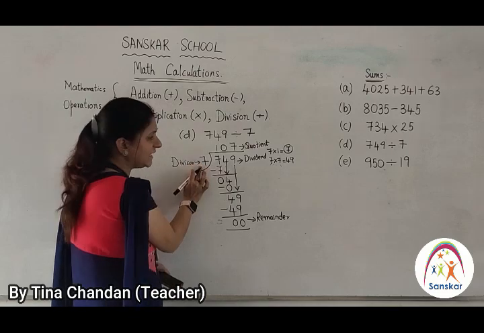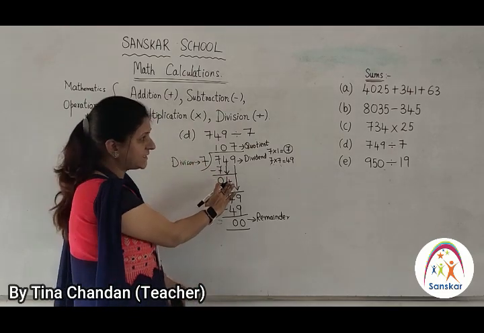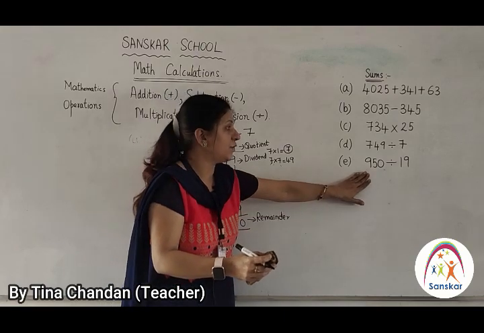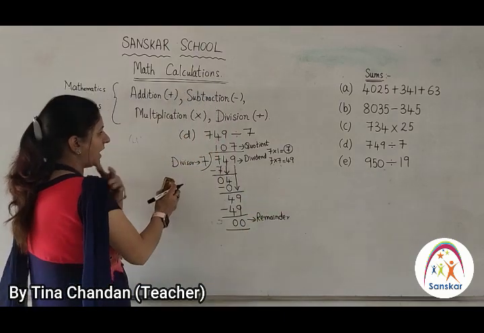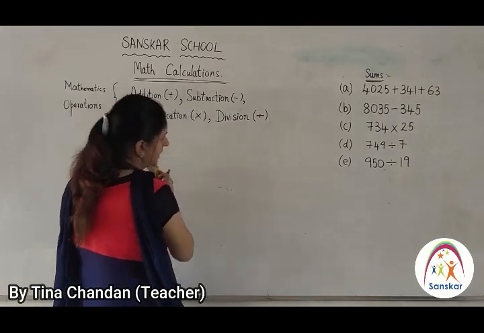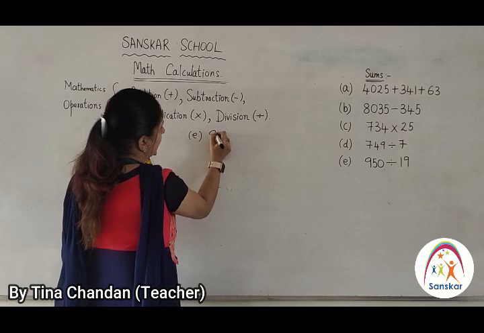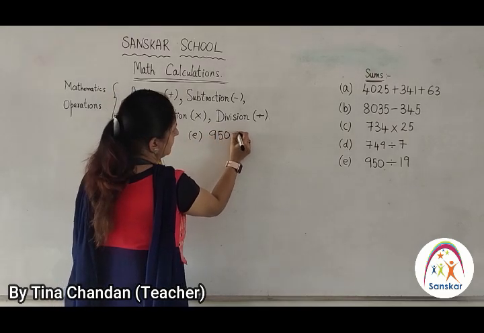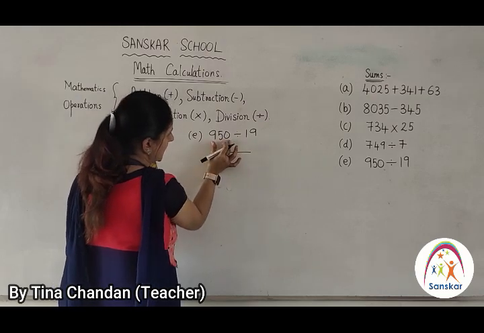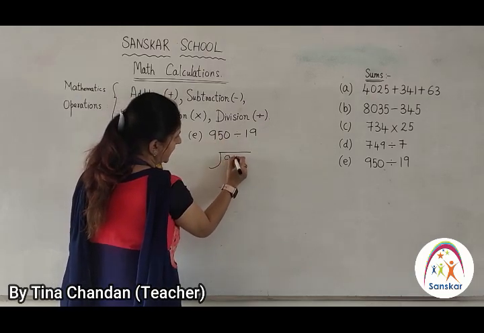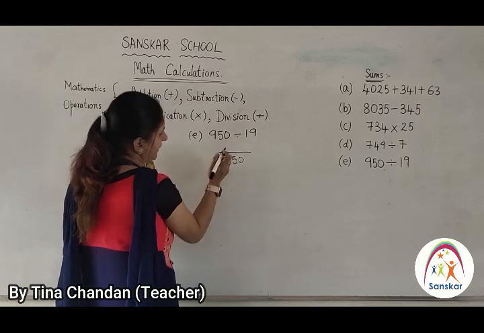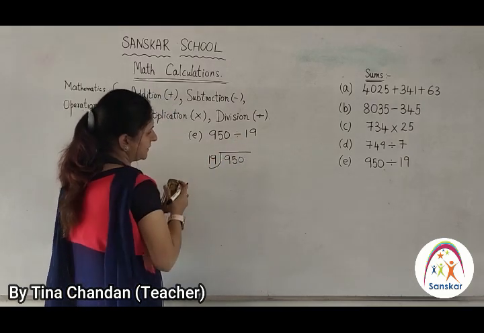So this is the single digit division, you have to follow these steps. And now next is a 2 digit number, the way we are going to solve the 2 digit number. Let's check how we are going to solve. The number is 950 divided by 19, okay. So we are going to take this number, inside it will be the dividend, and the number by which you are dividing is the divisor, clear.